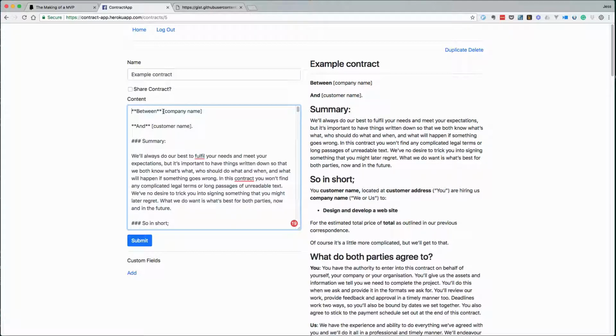So what we want to do is find the places that reference the company name and replace it with a variable. We'll do the same for customer name. And notice it says that it's not found yet. It's because we haven't added those custom fields. So